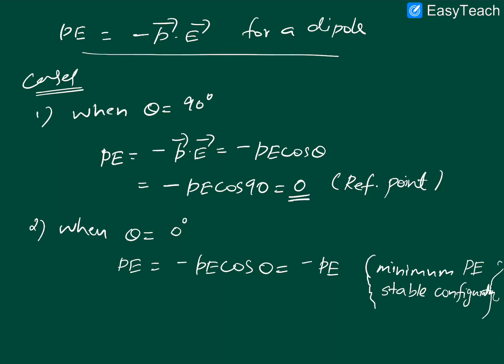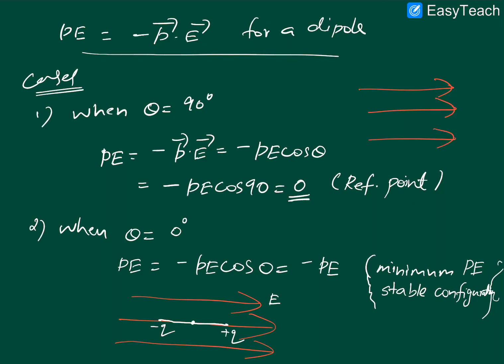How it will look like? You are having a field like this, and you are having a dipole with angle 0. Angle 0 means from here you are measuring the angle. This will be your minus q, this will be your plus q. Here you can see field and your dipole moment, both are in the same line, so angle is 0. Your dipole will be like this. In the first case, how is your dipole? Your dipole field is like this, and your dipole will be like this. It is making an angle 90 degree. Okay,